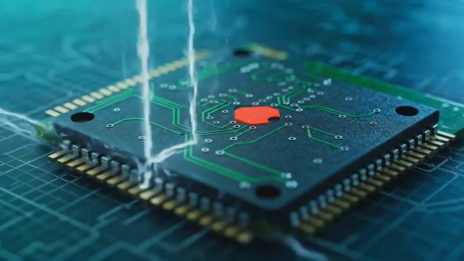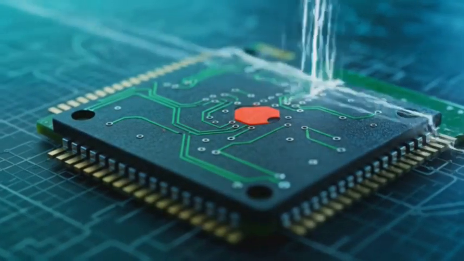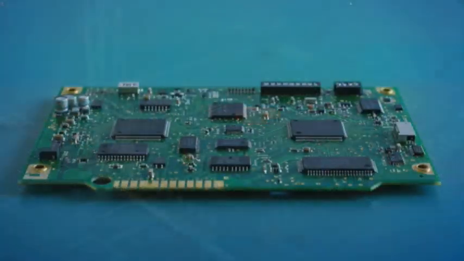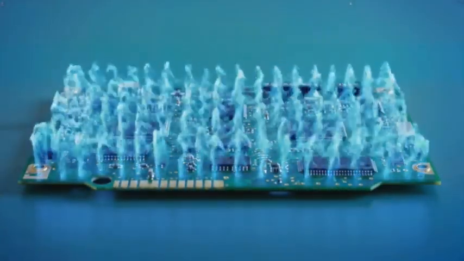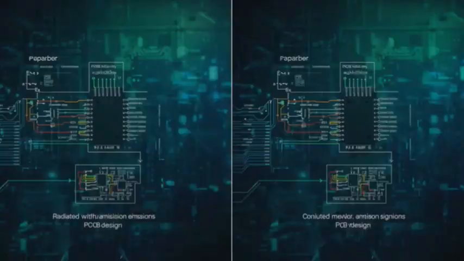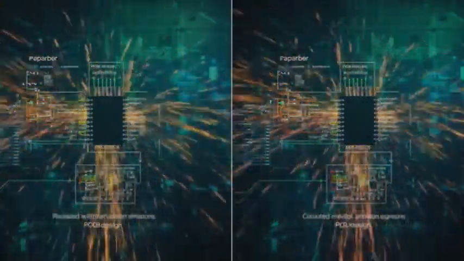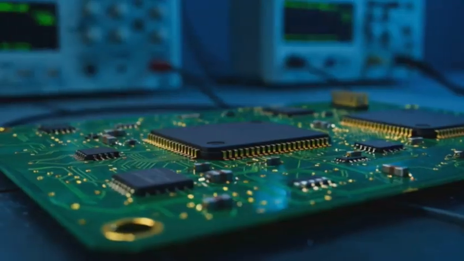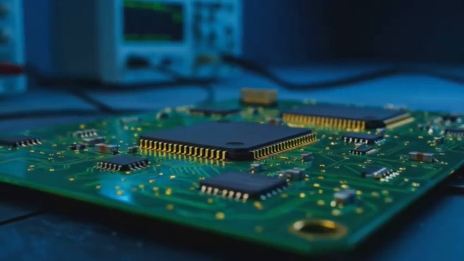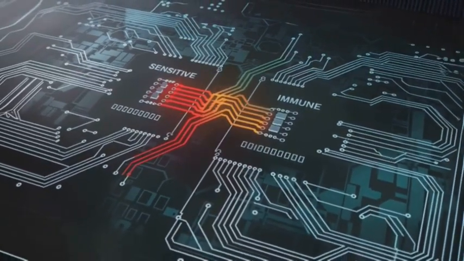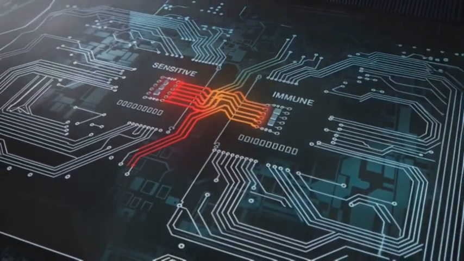Low-frequency circuits can unintentionally emit high-frequency RF signals due to poor PCB design, like driving a 50 megahertz signal across a ground plane gap. Emissions traveling through air are radiated. Through cables, they're conducted. Circuits receiving these emissions are sensitive or immune, with susceptibility indicating how strongly a circuit is